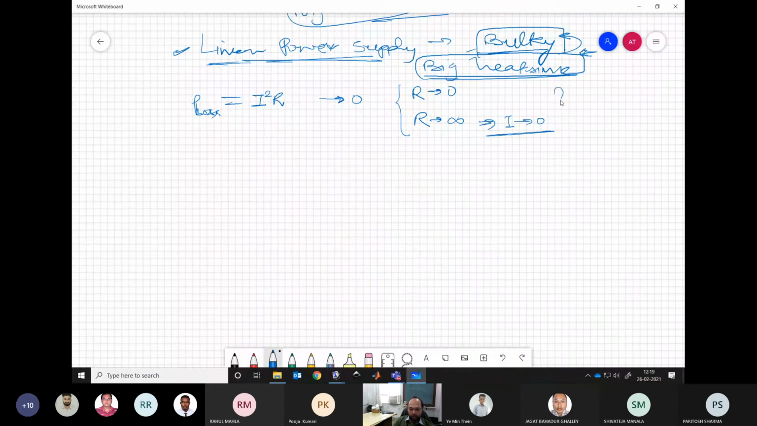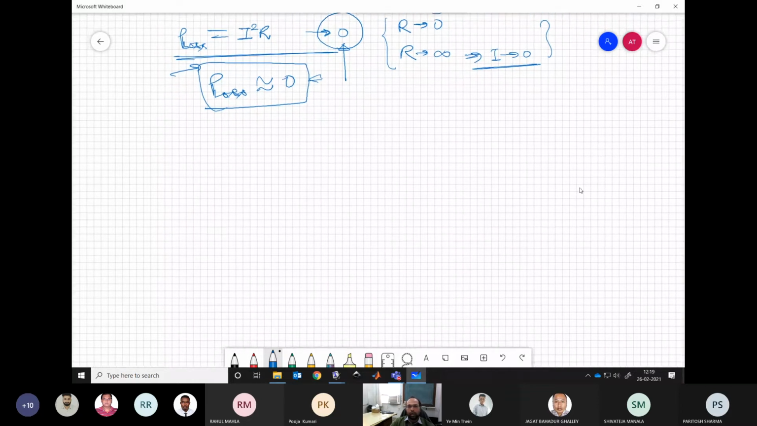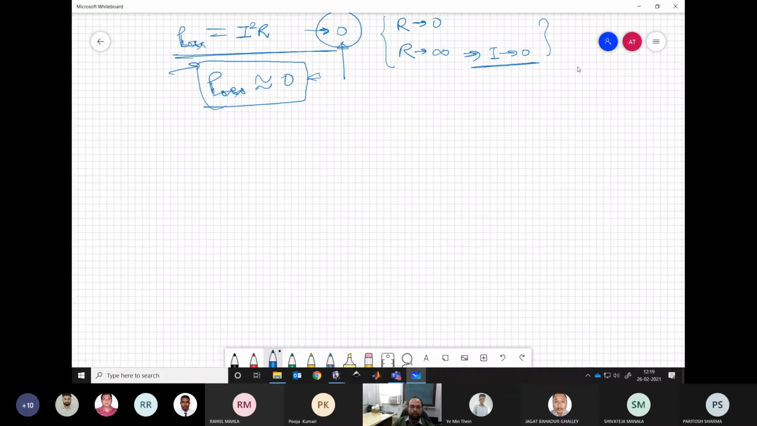So under these two conditions, our power loss will be very close to zero for the device. Now this is the basis of another philosophy which we are going to use over here for realizing our DC-DC power converter. Now assume an arrangement where we